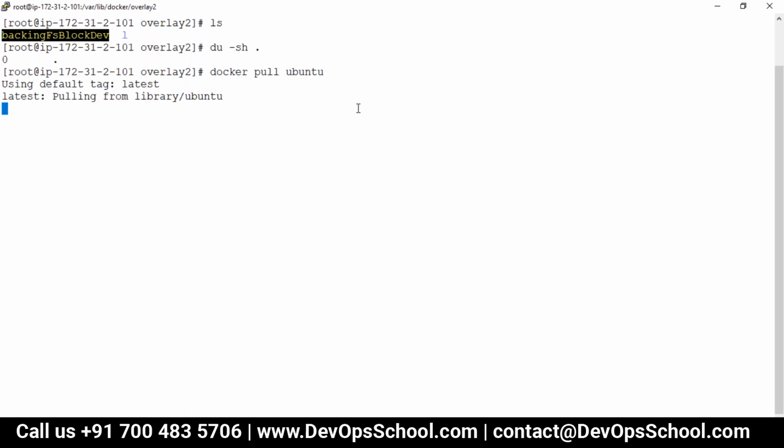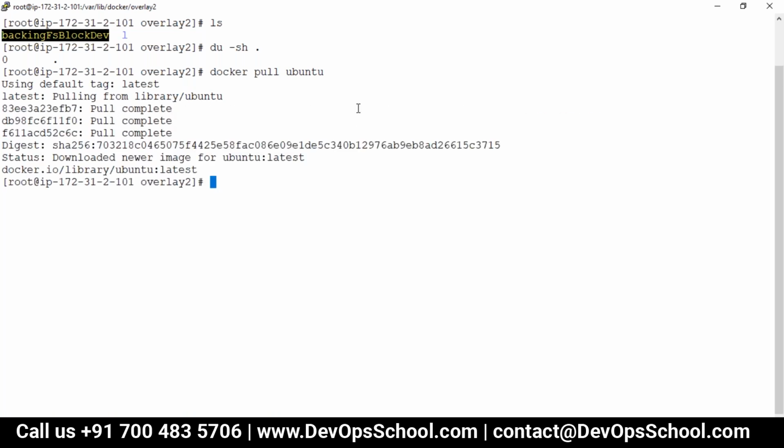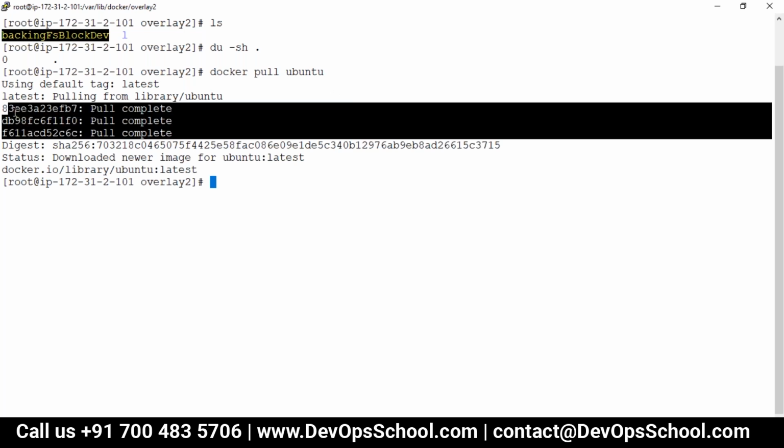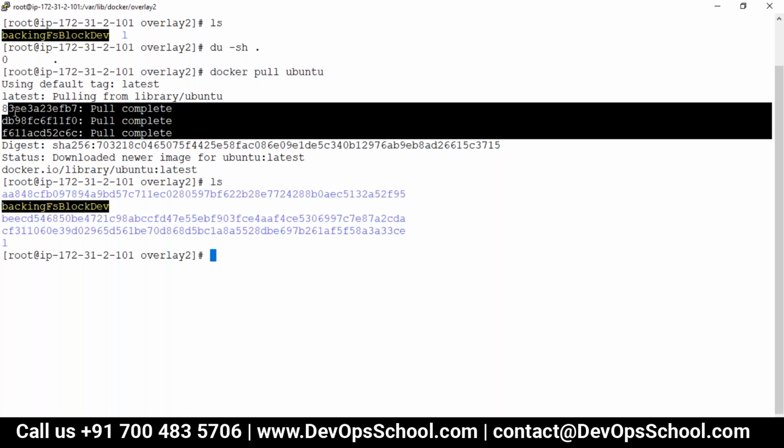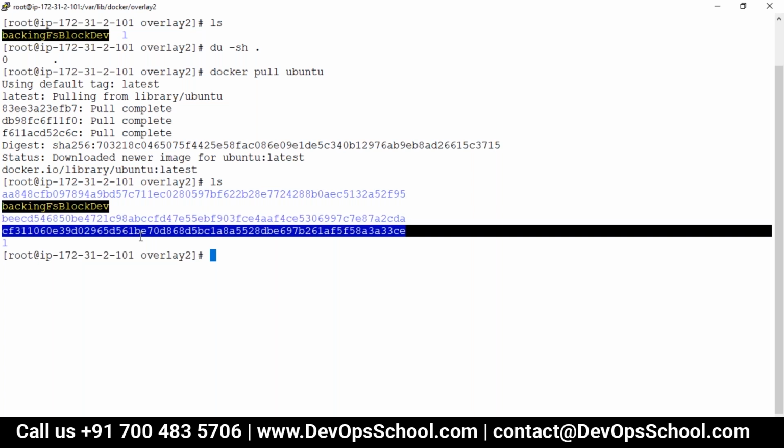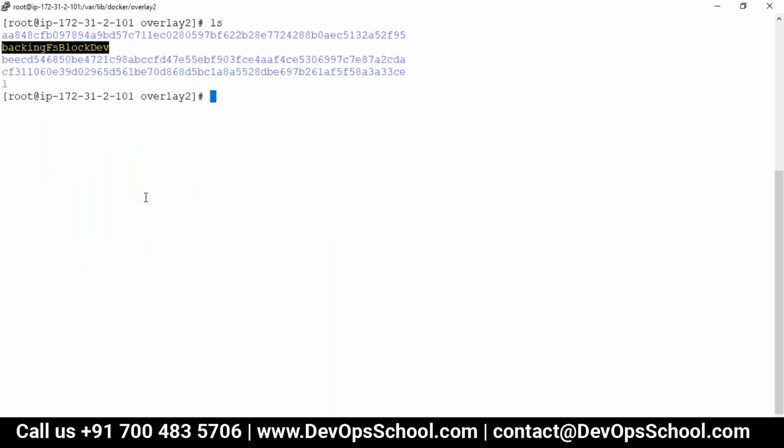Here it's pulling, and you see that unique string? That's a layer ID actually. Here 3 pulls have happened, so I assume there must be 3 layers. Here it is, so you have 3 layers. Now each one of these layers is lying on top of the other. You want to see what each layer contains, and I would like to know which is the root file system, the lowest one.